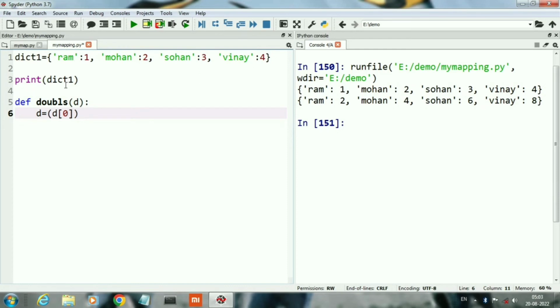In this function I am passing D. D is the element of the dictionary that includes both key and actual value. Here D0 is showing the key and D1 is showing the actual value. By using this script we can access the keys and actual values of our dictionary, and then we just double the value of our dictionary and then return the whole dictionary element. It is also called a series.